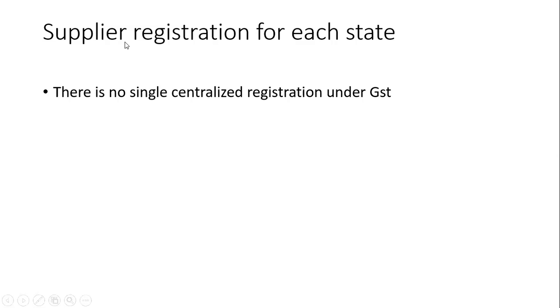Next is supplier registration for each state. There is no single centralized registration under GST. Suppose you have transferred your business from Maharashtra to Delhi. Okay, you are shifting from one state to another state. In that case, you have to register in that state also. पहले महाराष्ट्र में आप रजिस्टर्ड थे, अभी आपको दूसरे स्टेट का रजिस्ट्रेशन करवाना है. ओके,